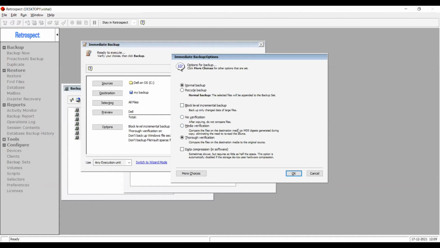And then verification is also available after the backup is done. We also do verification to make sure that everything is written correctly, and we do a bit by bit comparison there. And additionally, you can turn on the software data compression feature also. So for this,